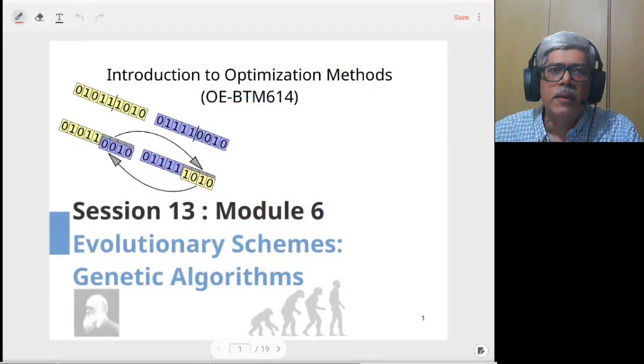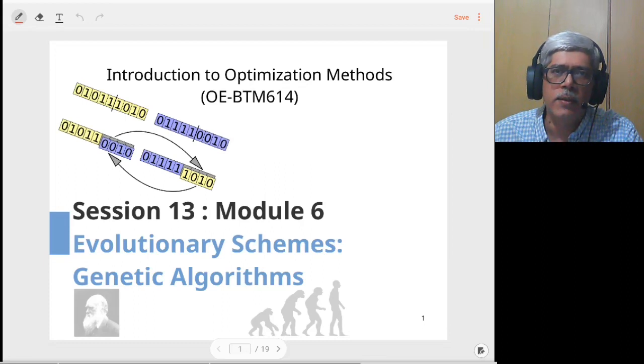To summarize, we have seen some features of the evolutionary algorithms. The genetic algorithm is one of them. We have seen how the genetic algorithm works and how it compares with the traditional methods. The most powerful feature of the genetic algorithm is that it is a population based method, and it retains the intelligence or the information gained in the previous generation. So that gives an advantage to this method.